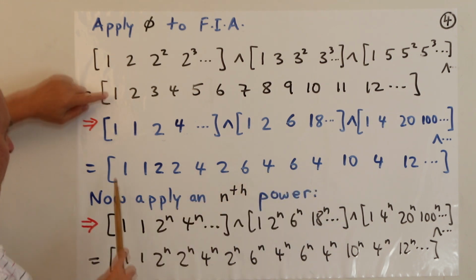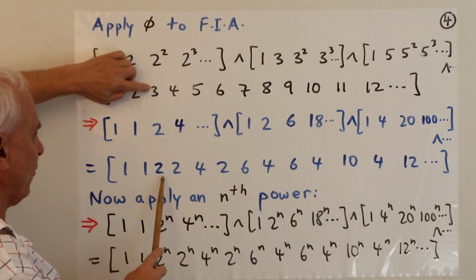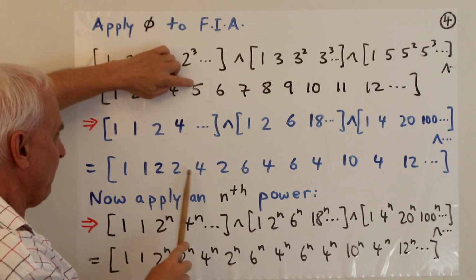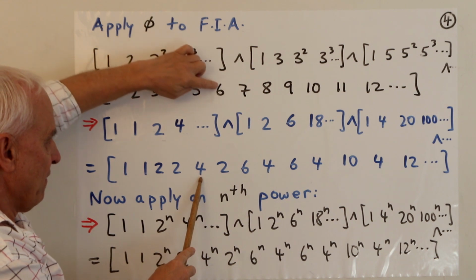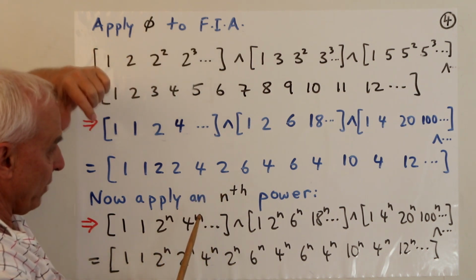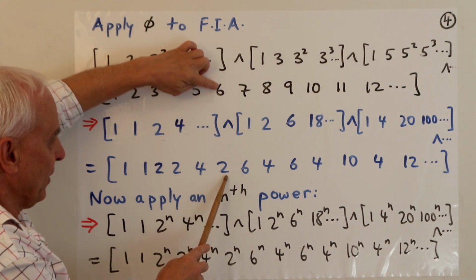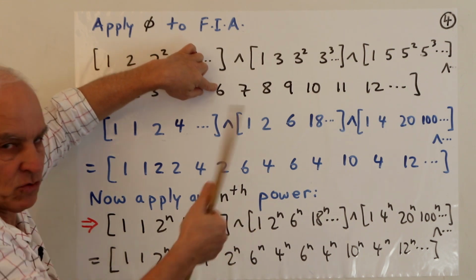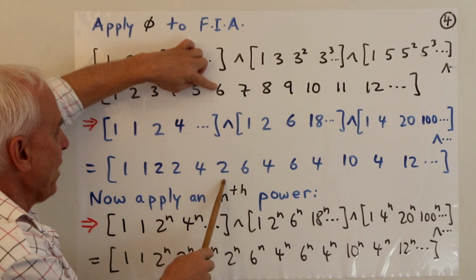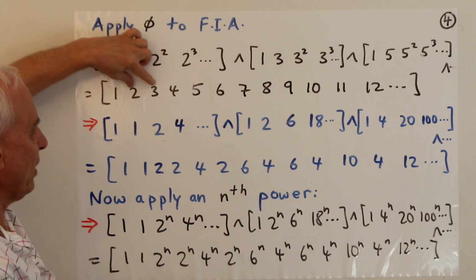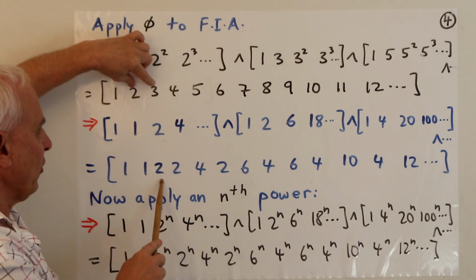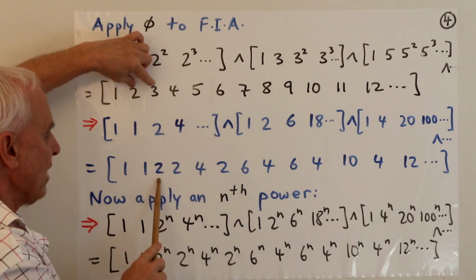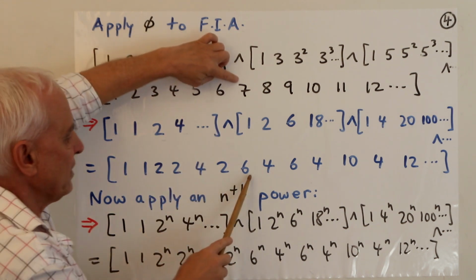List here. So phi of 1 is 1, phi of 2 is 1, phi of 3 is 2, phi of 4 is 2, phi of 5 is 4. That's the easiest one because it's a prime, so it's 1 less. Phi of 6 is 2. And if we didn't know that, well, phi of 6, the things which are relatively prime to 6 are just 1 and 5. Another way of getting that would be to take 2 and 3, which are relatively prime. Okay, phi of 2 is 1, phi of 3 is 2, therefore phi of 6 has to be 1 times 2. Phi of 7 is prime, 6.